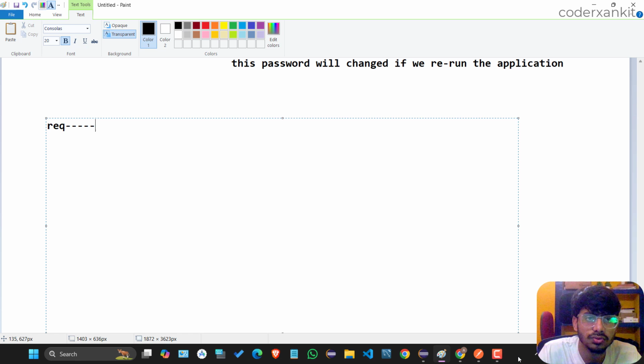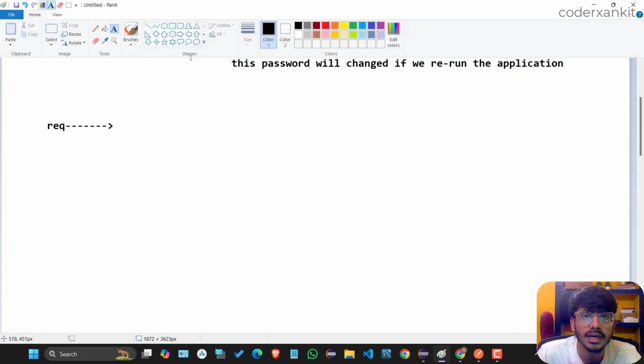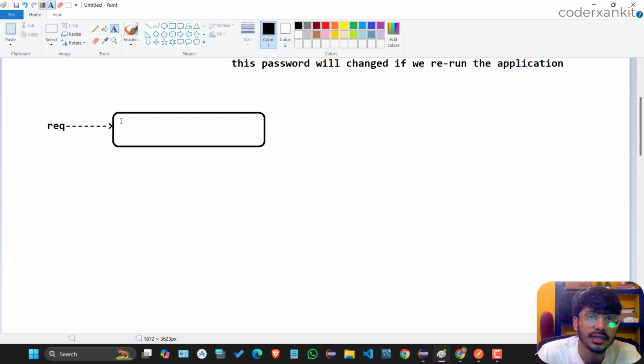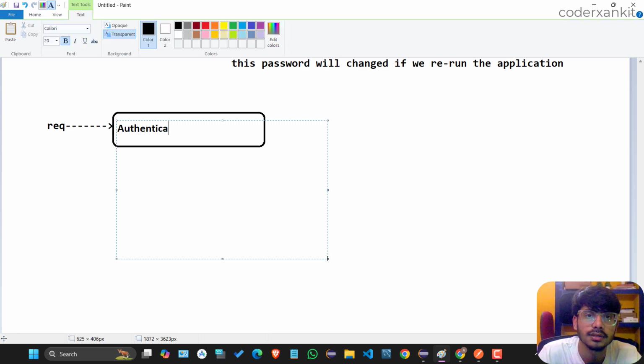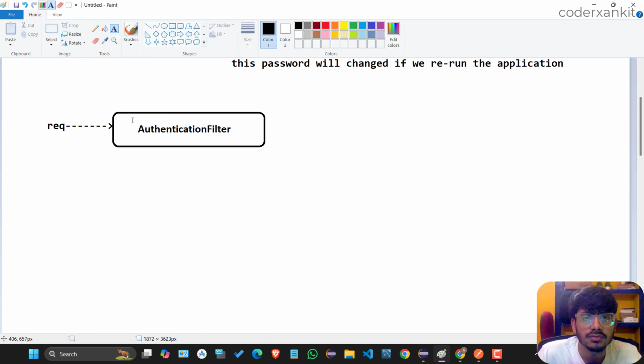The request is coming from the client. Now here we have the main important part. In the security filter chain there is an authentication filter, which we have already explained in detail. So this request will now be filtered through this authentication filter. This authentication filter itself does not do